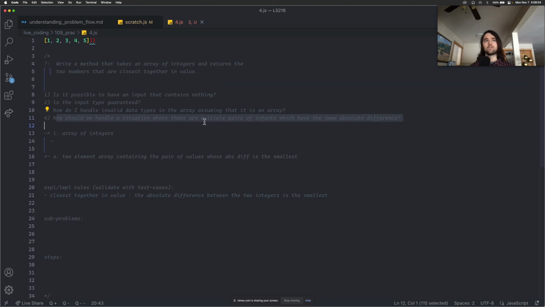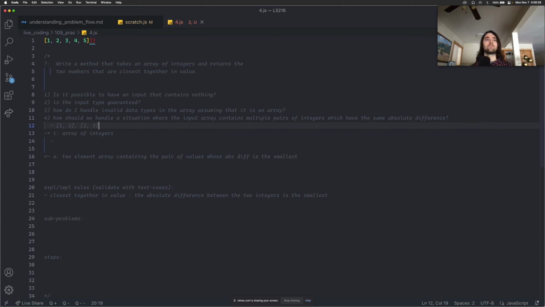So that was basically, how should we handle a situation where the input array contains multiple pairs of integers which have the same absolute difference? So something like in the initial example here, 1 and 2, 2 and 3,